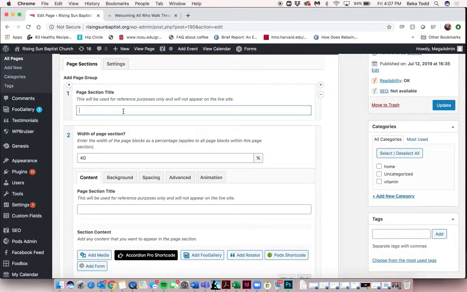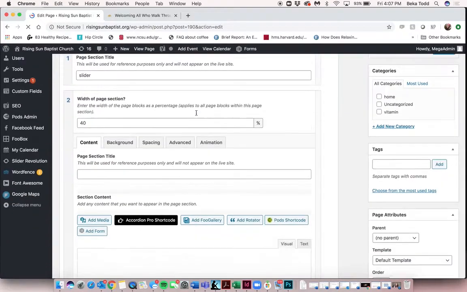So in these page sections, you can collapse and expand these little sections. This section is the slider. I'm going to just title that so it's easy to remember. Then we'll go down to